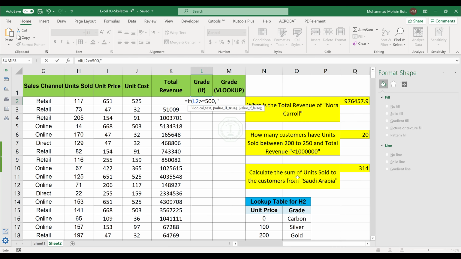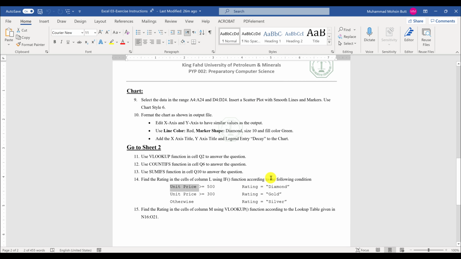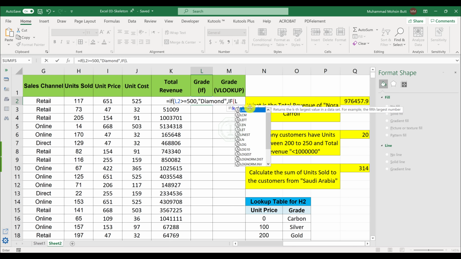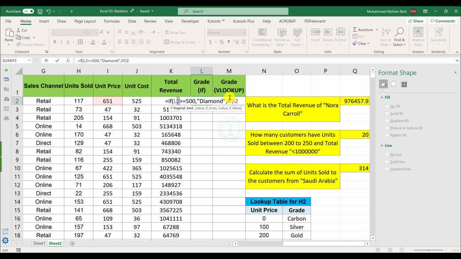So remember, whenever the answer is in the form of text, the text must be written in double quotes. So that's why I'm putting the Diamond text in double quotes. Then comma, I still have two options left, that is Gold and Silver. So that's why I will use another IF function after this comma. I will type here IF, bracket open. My second logical test is on the same unit price, which is I2. Sorry, I wrote it wrong in the first one also. If I2,